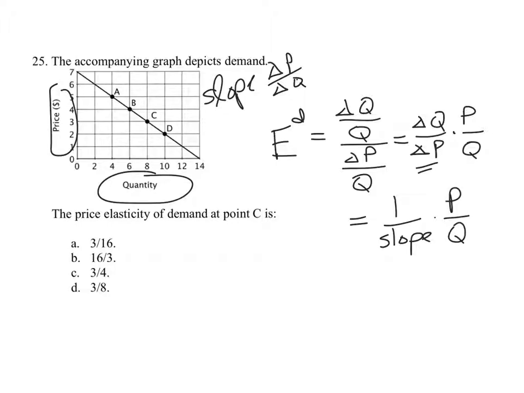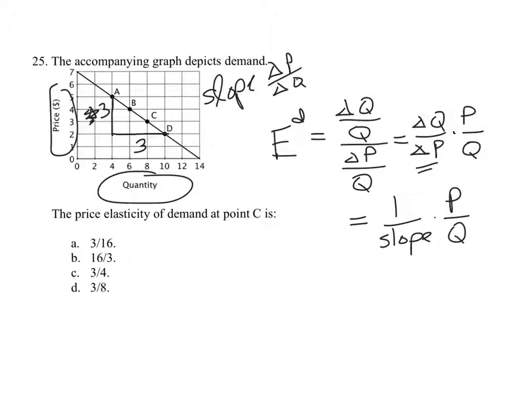And this is a very precise way. If we have the expressions for the functions, we can express elasticity in this way. So this can be really useful when we have a linear demand curve. So what's the slope of this curve? Let's just take the rise over run. It's a straight line, so it's constant. We've got the slope is, what's that, 5 to 2, that's 3. And I don't need that delta. Delta P is equal to 3, and run is 3.